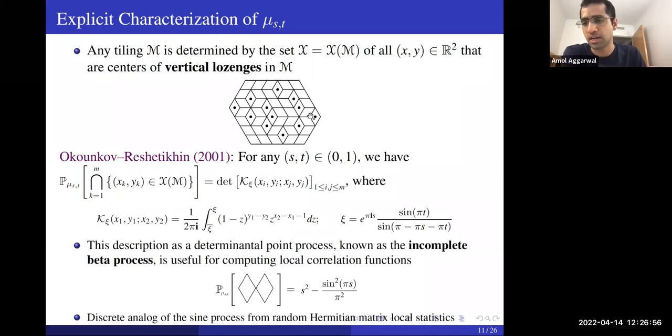Let's fix some (s, t), my slope, my Gibbs measure. How can I tell what is the probability of some set of points being centers of vertical tiles? The answer is that this probability under mu ST of some set of vertices (x1, y1), (x2, y2), all the way to (xn, yn), being centers of vertical tiles is a determinant of some n by n matrix, which I've called K_C of (xi, yi), (xj, yj). Okay, so this K is an